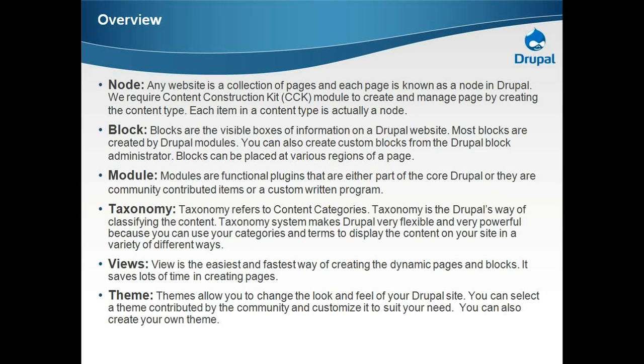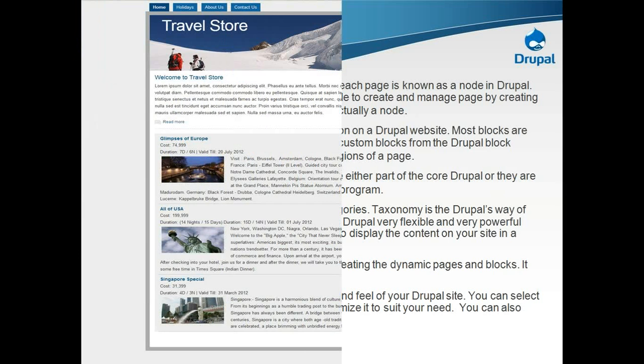But if you are not comfortable with those themes or they don't match your requirements, you can download many contributed themes from the Drupal.org site, or create your own theme if you have basic knowledge of PHP and an understanding of regions and variables. We'll see how to implement each of these and complete one kind of website. So before starting with our development, I have just created one kind of